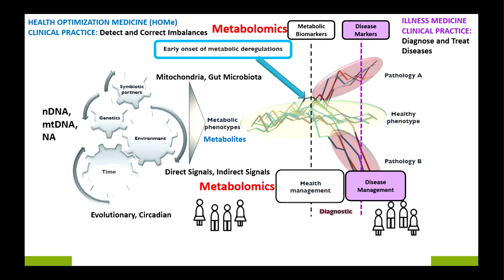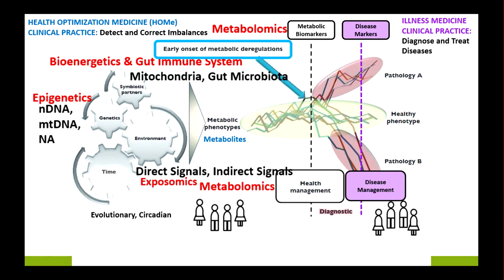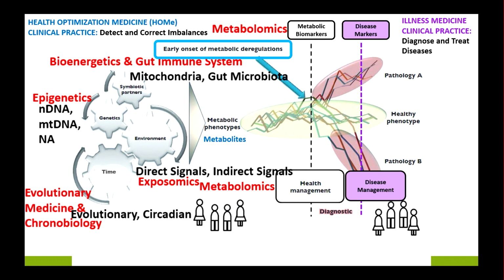If you want to influence the nuclear DNA or the mitochondrial DNA nucleic acids, then you use the science of epigenetics. If you want to influence the mitochondria and gut microbiota, you use the sciences of bioenergetics and the gut immune system. If you want to influence direct and indirect signals from the environment, then you use the science of exposomics. If you want to influence time, circadian and evolutionary time, then you use the sciences of evolutionary medicine and